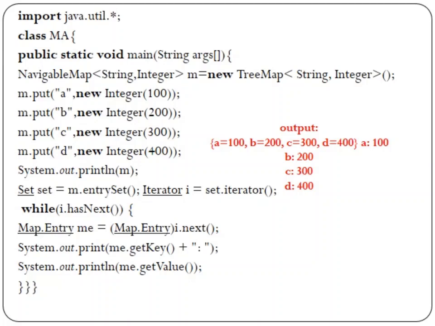In this program we have made use of an entrySet as well as we made use of an iterator. Same thing, instead of making use of a NavigableMap, I can change into the Map.Entry interface. Just we need to change this part. The same example can be used for NavigableMap as well as the Map.Entry interface.